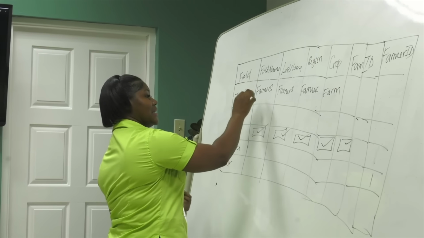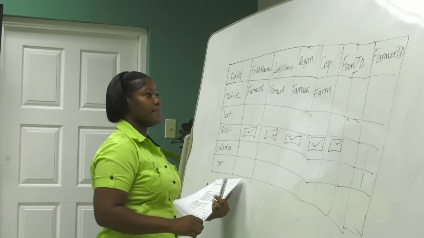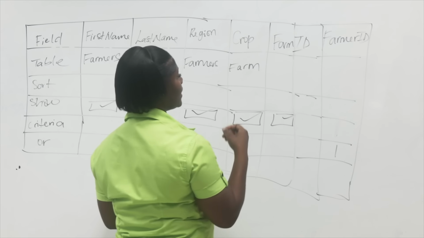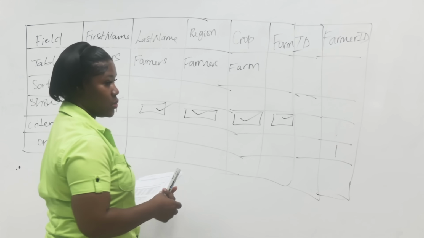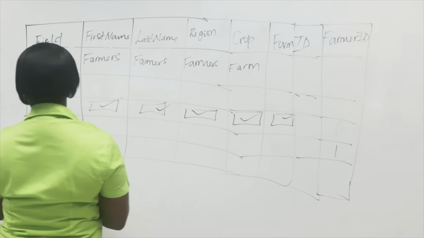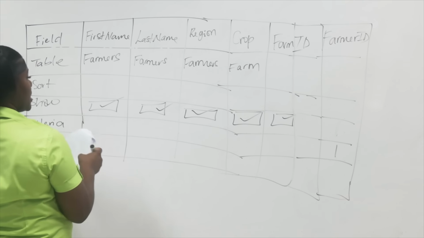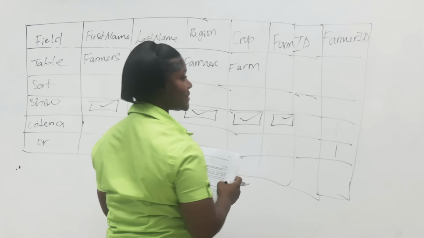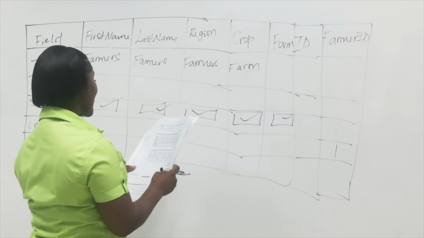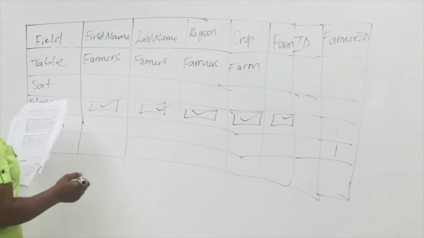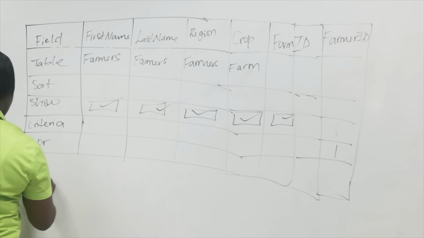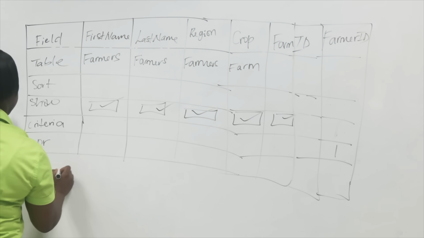And you would look at the names, first name, last name, the region, the crop, and the farm ID as well. So you're being asked to show, because we've already used the farmer ID to specify the criteria, we move right along to show the result, which would basically be first name,